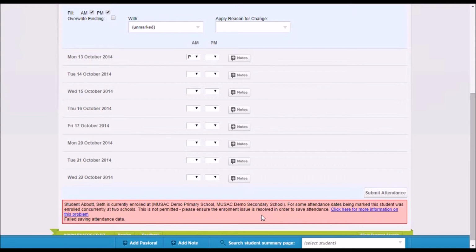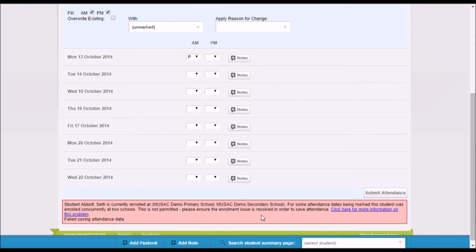So this can happen when a student comes to your school, but the previous school that they were at have not either made them a leaver as of yet, or the dates that they have made the student a leaver overlap the date that they started at your school. Now, what you will need to do possibly is to ring the previous school and ask them to correct the